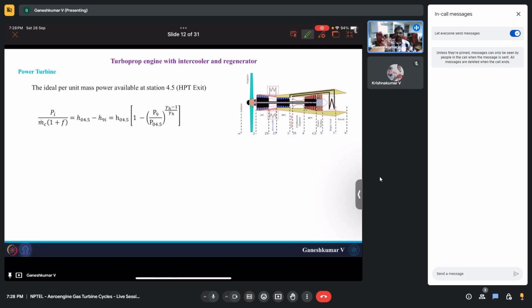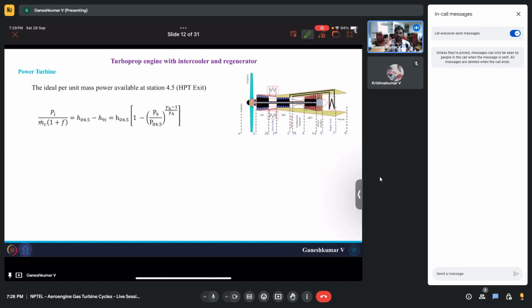So first we need to find how much is the ideal amount of power. Then we can find what is the amount of power from the power turbine. In other words, the amount of power generated for the propeller is going to come from this ideal power at the exit of the HPT. Okay,